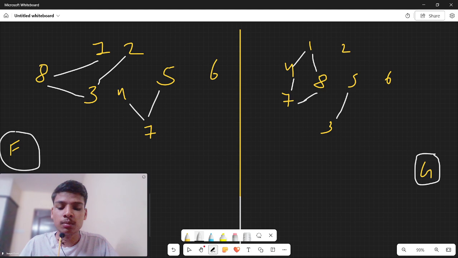I'll just be greedy in this problem also. But how to be greedy? First of all, I'll remove the edges in F which are not connected in G. I'll just run a loop. For example,